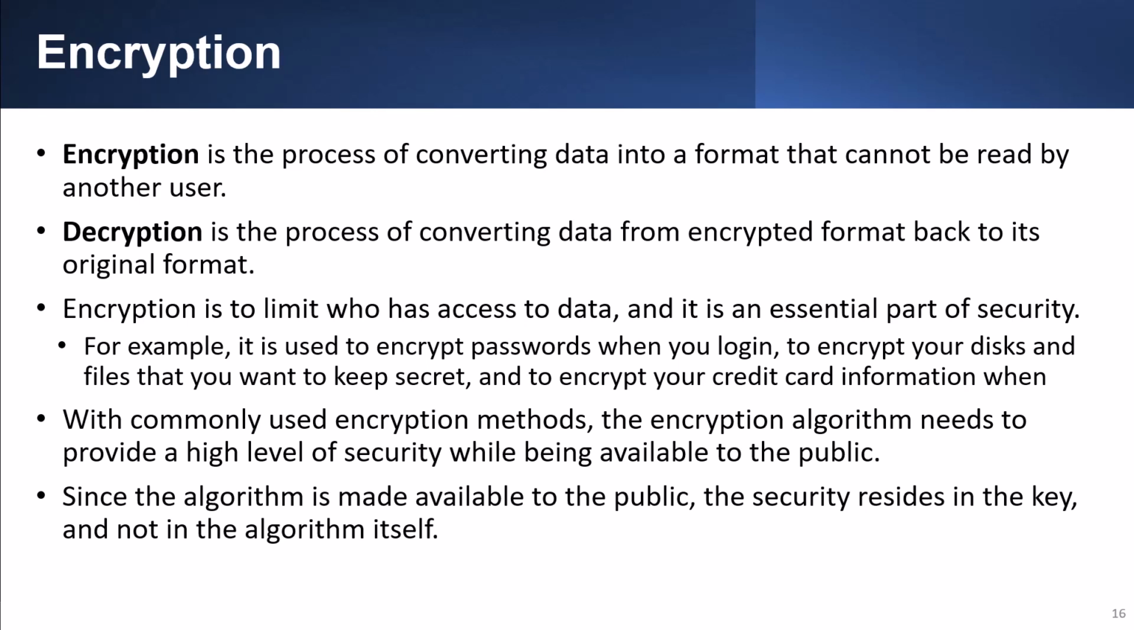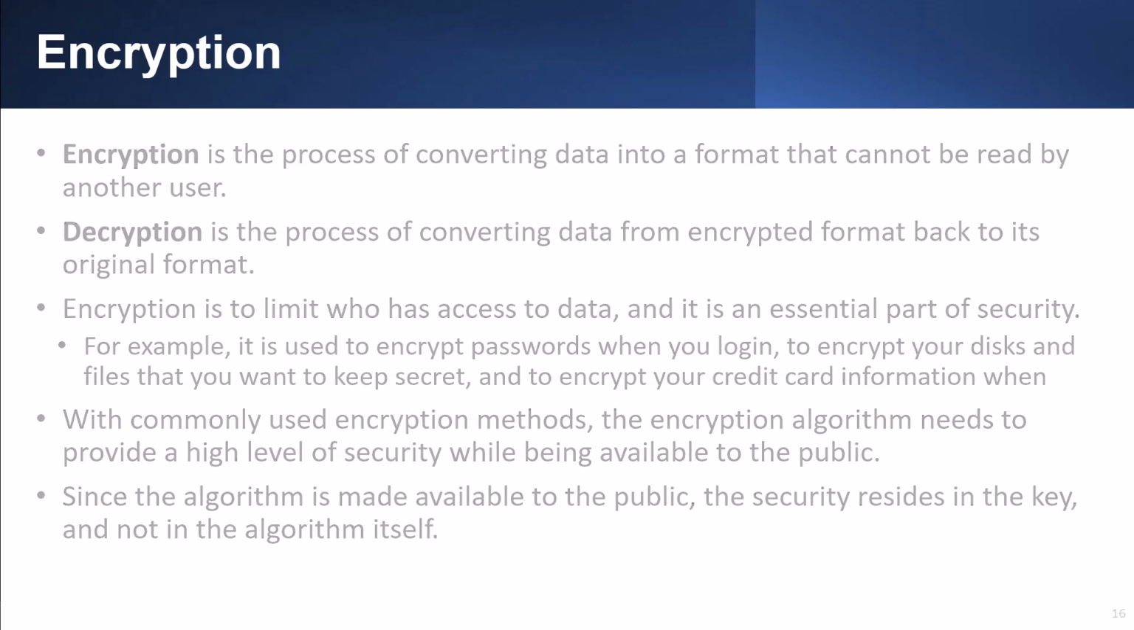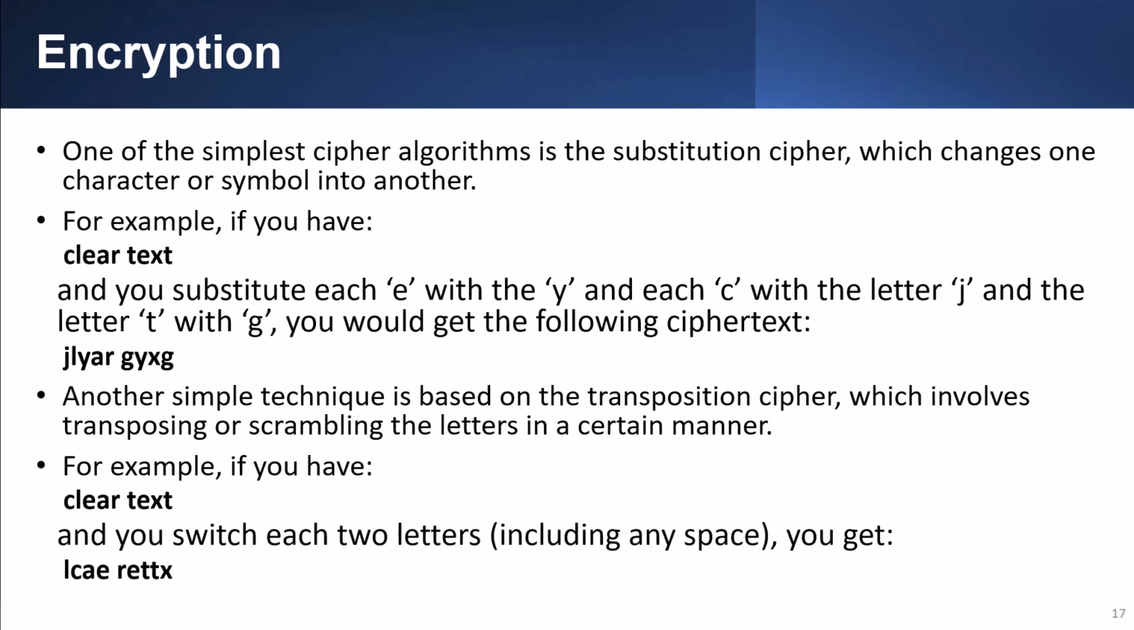With commonly used encryption methods, the encryption algorithm needs to provide a high level of security while being available to the public. Since the algorithm is made available to the public, the security resides in the key and not in the algorithm itself. One of the simplest cipher algorithms is the substitution cipher, which changes one character or symbol into another. For example, if you have clear text and you substitute each E with a Y and each C with the letter J and the letter T with G, you would get the following: